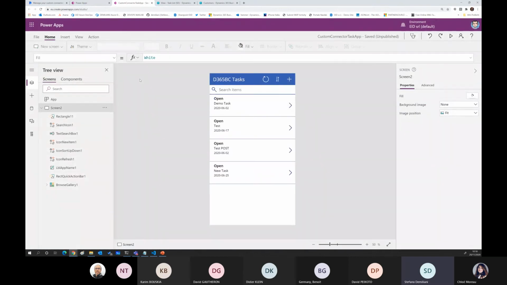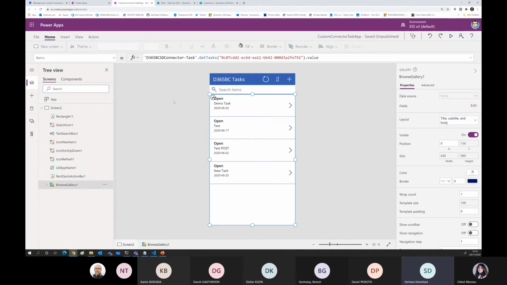Important is that, as you can see here, this application uses my custom connector. What I want to show you is that this is the name of the connector. It's calling the get task method. It's passing the company ID parameter, and to have the list of tasks in this gallery, you need